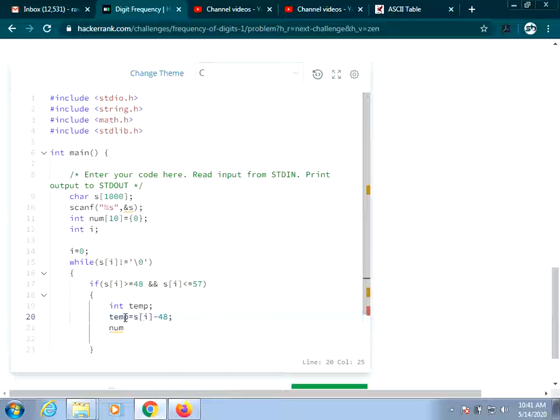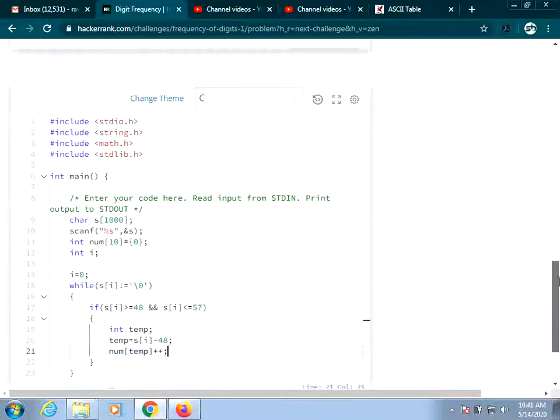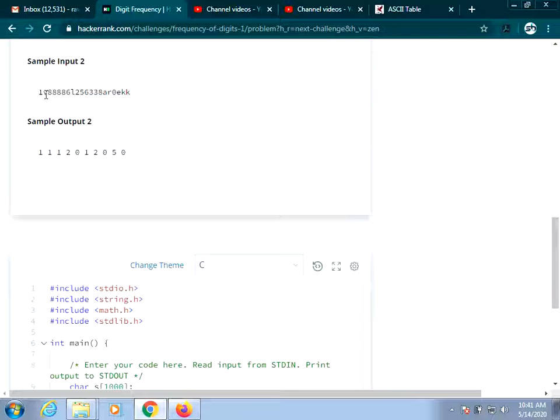If I do that, temp will get the value 1 here. Now I can use that 1 and increment the corresponding position in your particular output array.